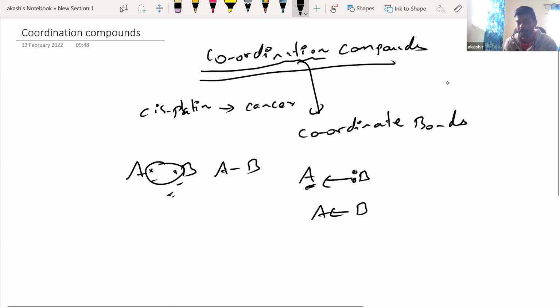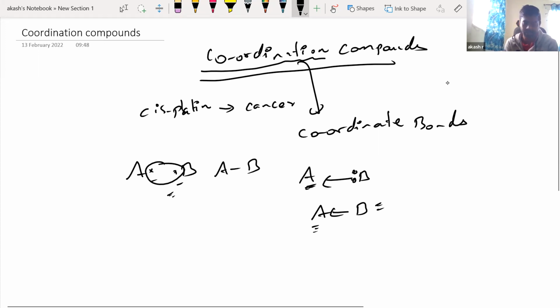Whenever I put an arrow mark, that arrow represents which atom is donating, and to which atom it is getting donated. That is the arrow mark we should put. So in all these compounds, we are going to have these kinds of bonds, coordinate bonds. And if you want to understand coordination compounds,